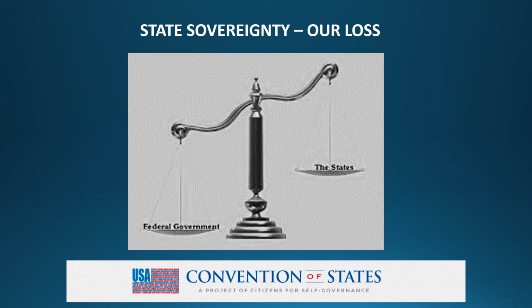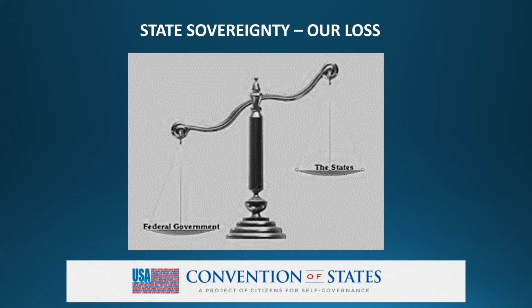State sovereignty, our loss. As we learned in another previous presentation, the states of the United States are supposed to be sovereign entities that run their own affairs with very little to no input or oversight from the federal government. Of course, that isn't how things are run today. The states have completely subjugated themselves to the federal government and allowed its citizens to be ruled. Because the attitude of the judiciary changed toward certain facts of constitutional interpretation, which are, number 1, the federal government